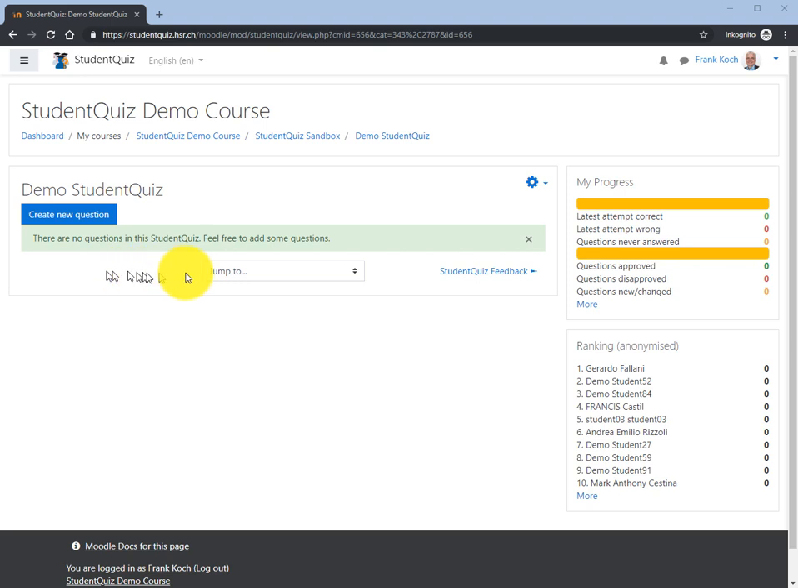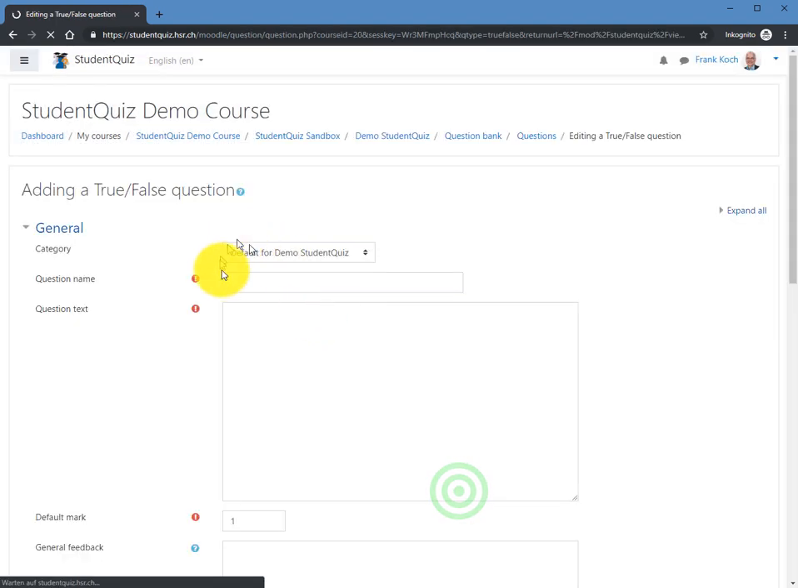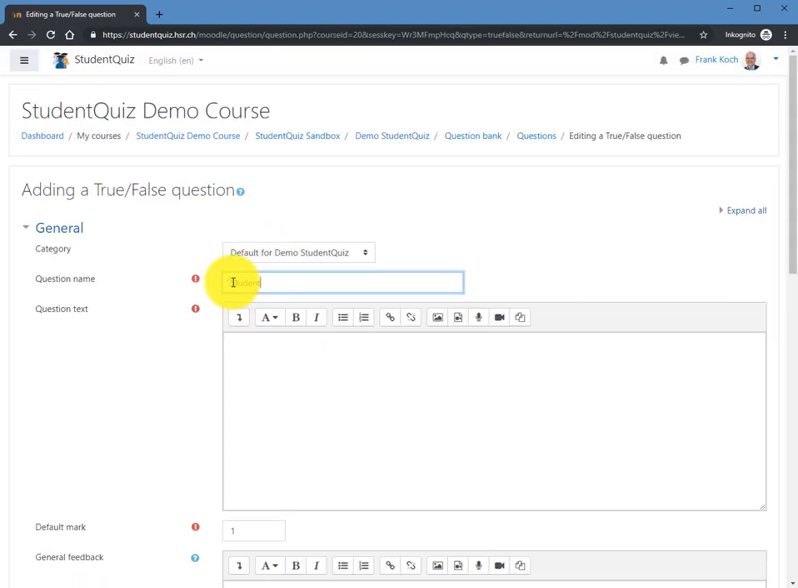There are no questions in the StudentQuiz yet, and the only option is to create a first question. This could be done by a student or teacher. Let's provide a first question. I click on Create New Question. For this demo, let's create a simple true-false question. Add. And this should be about StudentQuiz